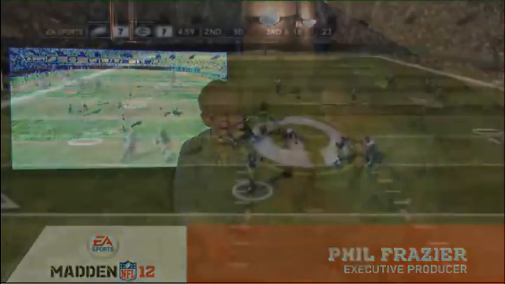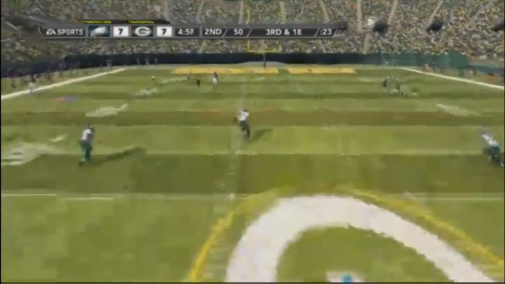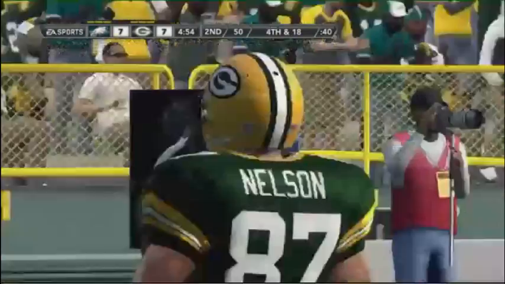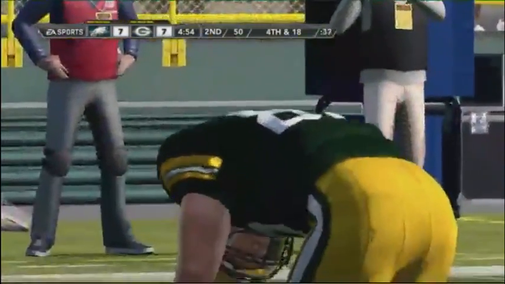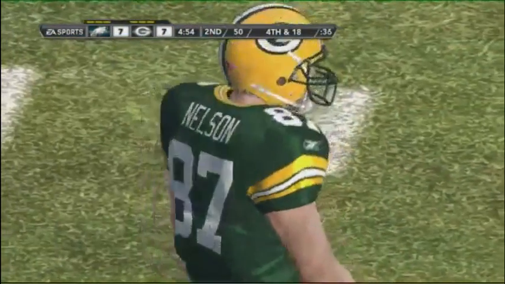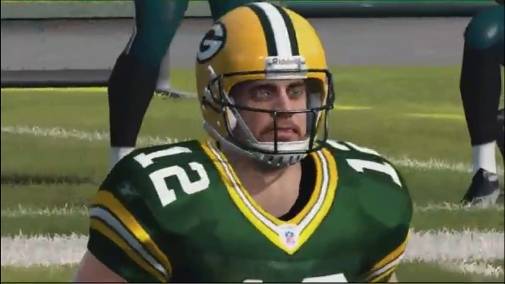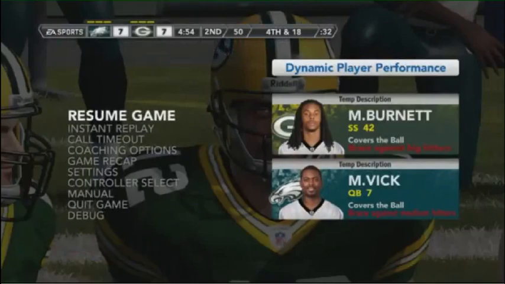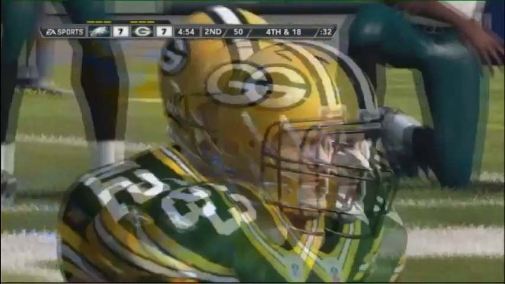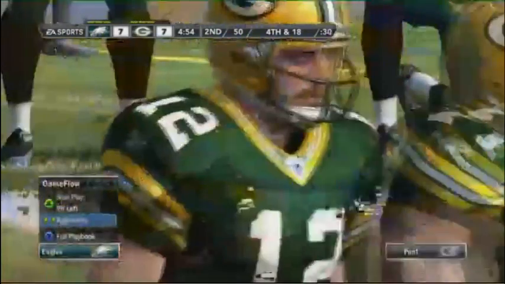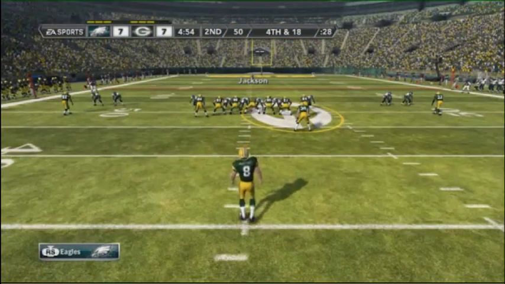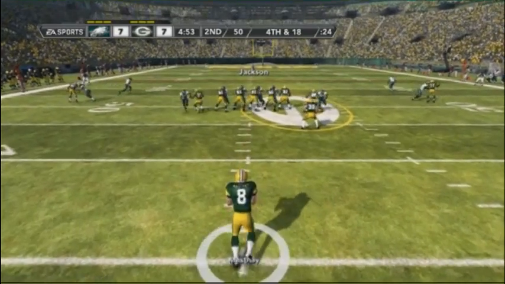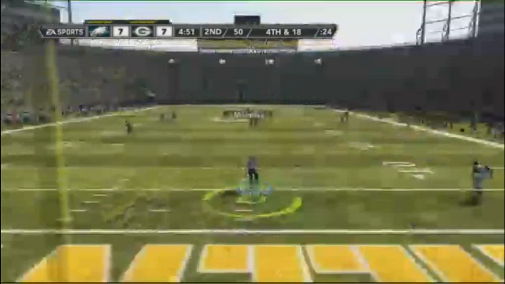It is. We're trying to capture the difference in a player's style. We have a lot of guys in the game that are rated very similarly, and in Madden in years past, that would mean they played virtually the same. If you had two quarterbacks with 85 speed and 85 throw power, they would virtually play the same. Now that we've added these tendencies and traits, you have quarterbacks who are a little more likely to get rid of the ball if they sense pressure, or quarterbacks who aren't very good at sensing pressure and are more likely to take more hits. So these tendencies and traits make the players play much more like themselves.